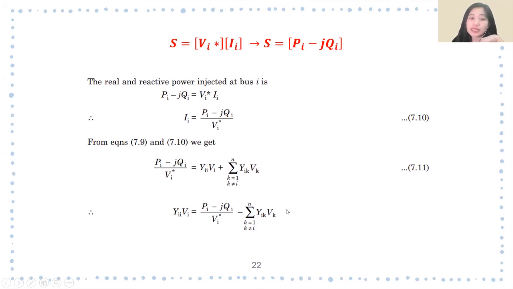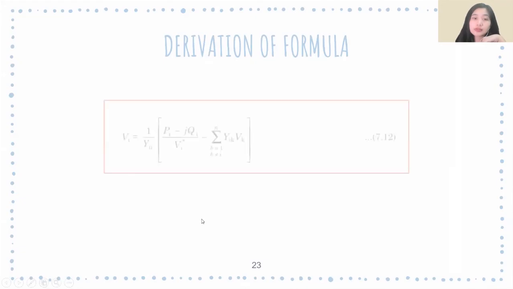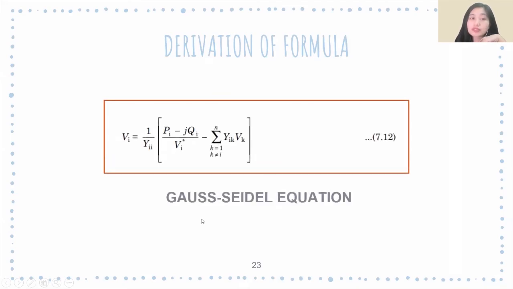Simplifying it, we are going to have this formula just by subtracting the summation formula from both sides, or just by means of transposition. Move it to the other side and it becomes negative, and now we come up with this equation wherein we solve for Y sub I and multiply to V sub I. Simplifying it further to get only V sub I, we are now down to this Gauss Seidel equation, which is V sub I equals 1 over Y sub II, because basically we just divided both sides by Y sub II,